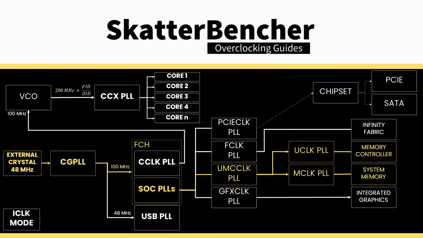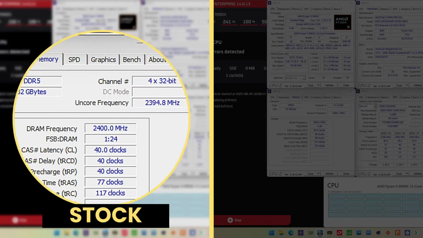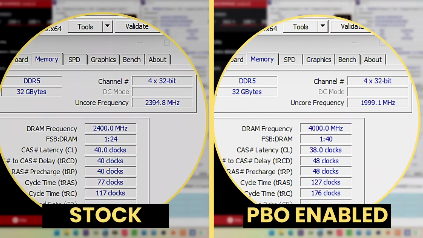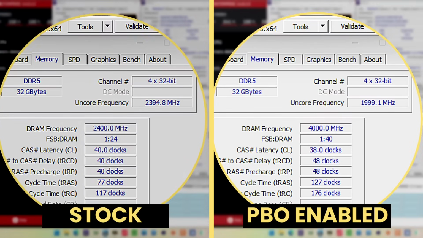The memory controller frequency is tied directly to the system memory frequency. It can run at either half or the same frequency. At default, the memory controller runs at the same frequency as the system memory at 2400 MHz. However, we find that when enabling EXPO, the motherboard auto rules will drop the memory controller frequency to half the